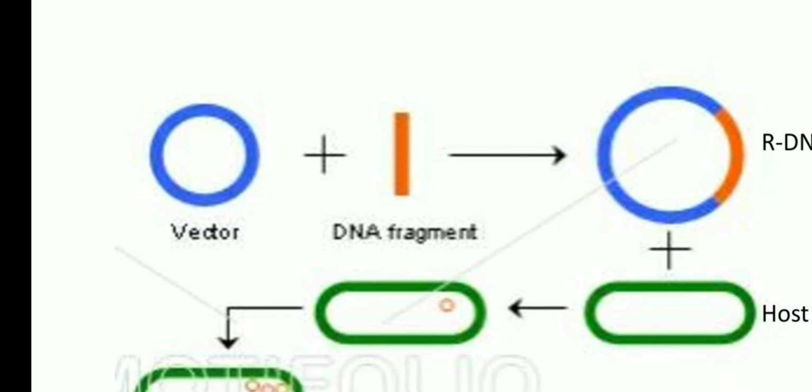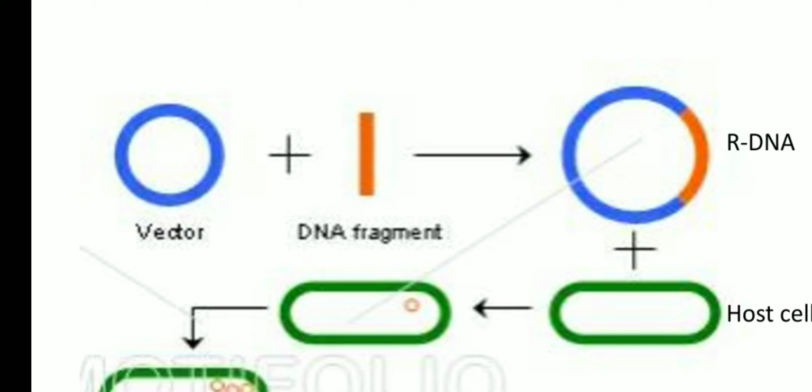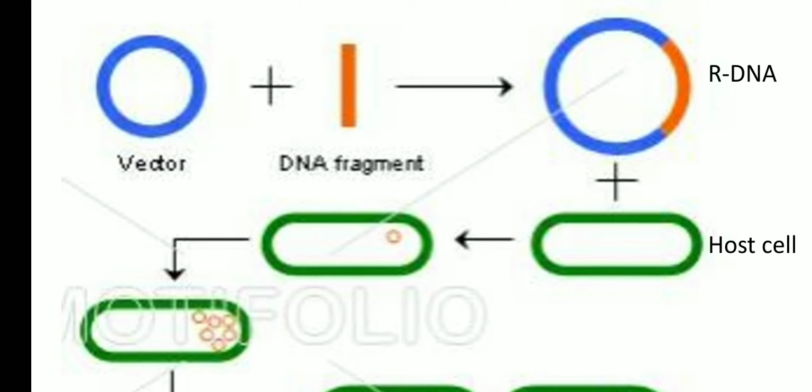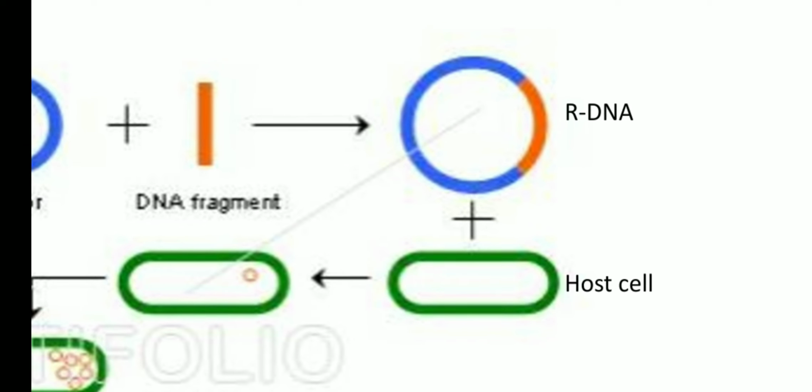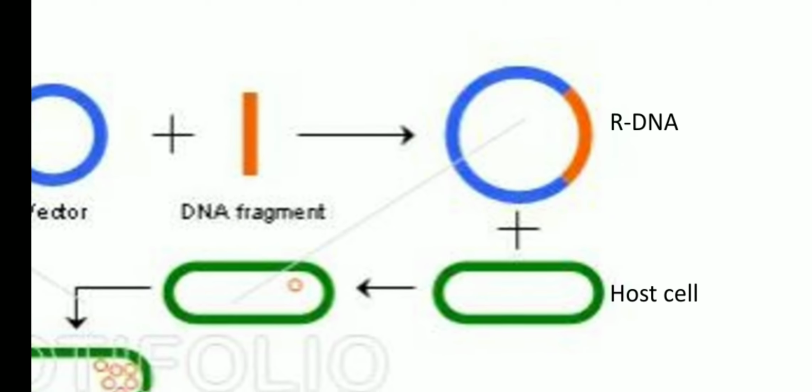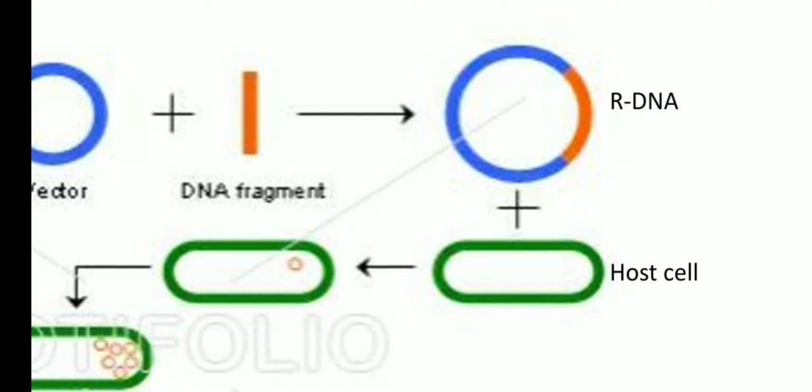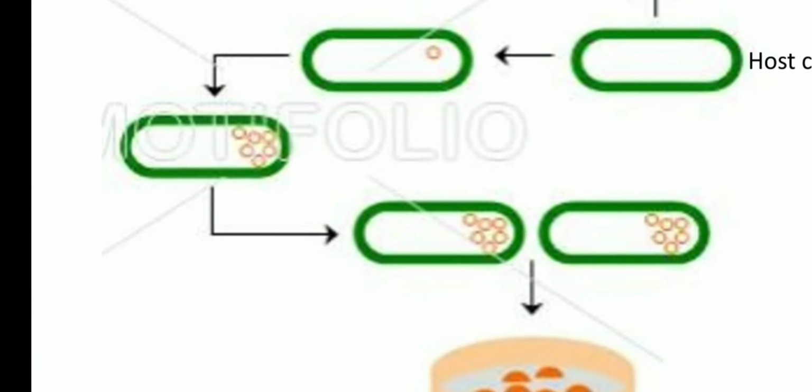As per last class, I told that it is one type of cut and paste method, meaning the molecular part of one organism is cut from that organism and pasted into another organism to form a combined product. This combined molecule is called a recombinant molecule. This recombinant molecule is transferred into the host cell for the multiplication of the recombinant molecule.